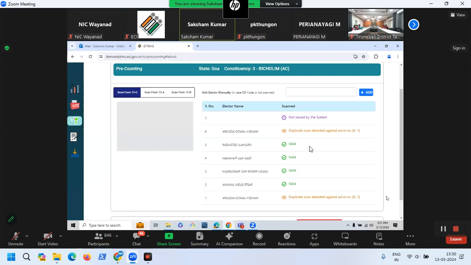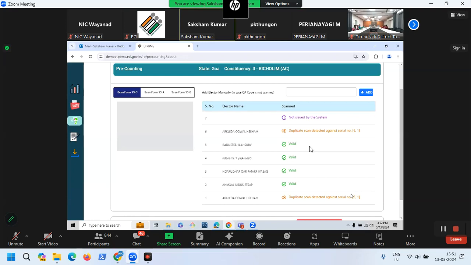Since I am doing this scanning from the RO's login, it is giving me serial numbers 1, 2, 3, 4, 5. When I do the scanning from a counting supervisor's login, it will prefix the counting supervisor ID, and give A01 underscore 1, underscore 2, and 3 and so on. If there is any duplicate between two counting supervisors, the system will say, for example, serial number 1 is duplicate with A05 underscore 52.